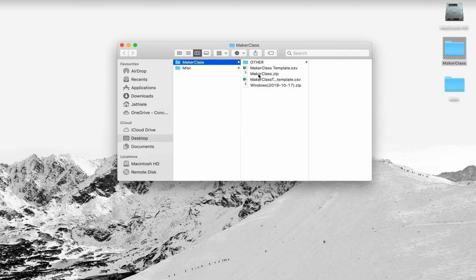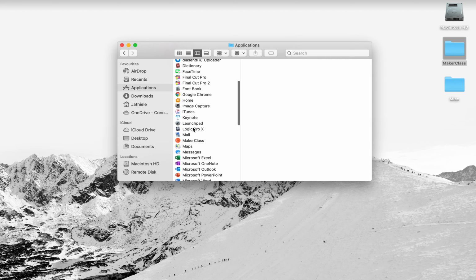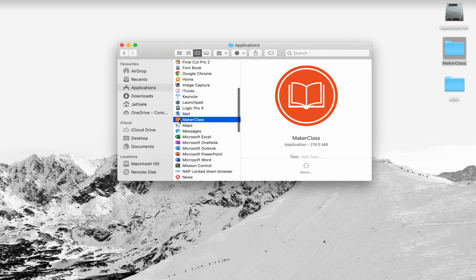need to extract it by double clicking on the makerclass.zip file if you're using a Mac, open it and then drag the application into applications. You'll be able to see it right there. It's an orange book and that's in your applications. The reason we do this is because it'll mess up the file path system and you'll get errors all over